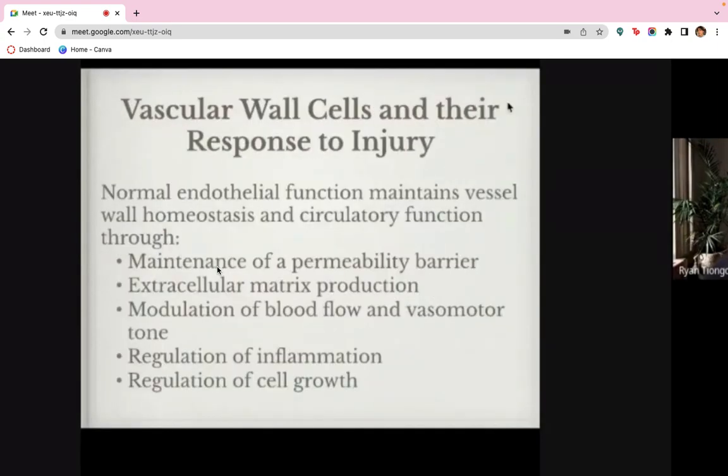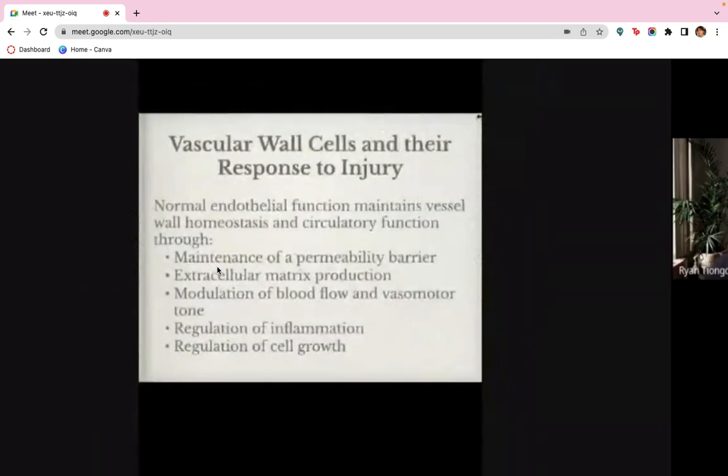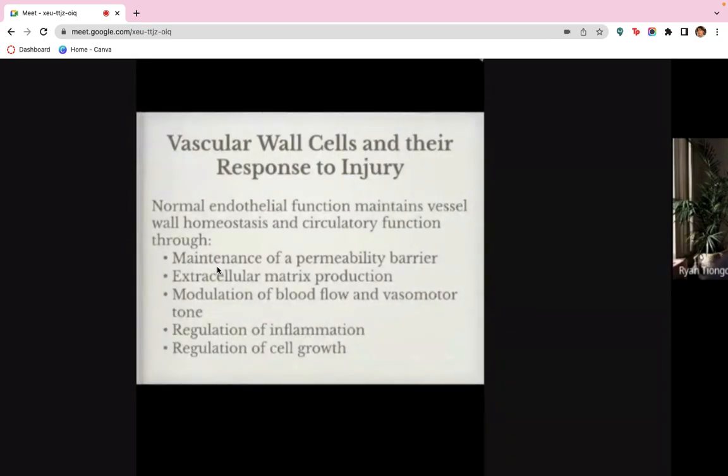Okay? So our vascular cell wall, okay, and the response to injury, so we talk about the injury, kung ano bang nagiging effect, okay, ng ating mga vascular cells or your vascular walls when we are introduced on a certain injury. So the normal endothelial function maintains vessel wall homeostasis and circulatory function through number 1, maintenance of the permeability barrier. Number 2, extracellular matrix production. Number 3 will be the modulation of blood flow and vasomotor tone, regulation of inflammation, and the regulation of your